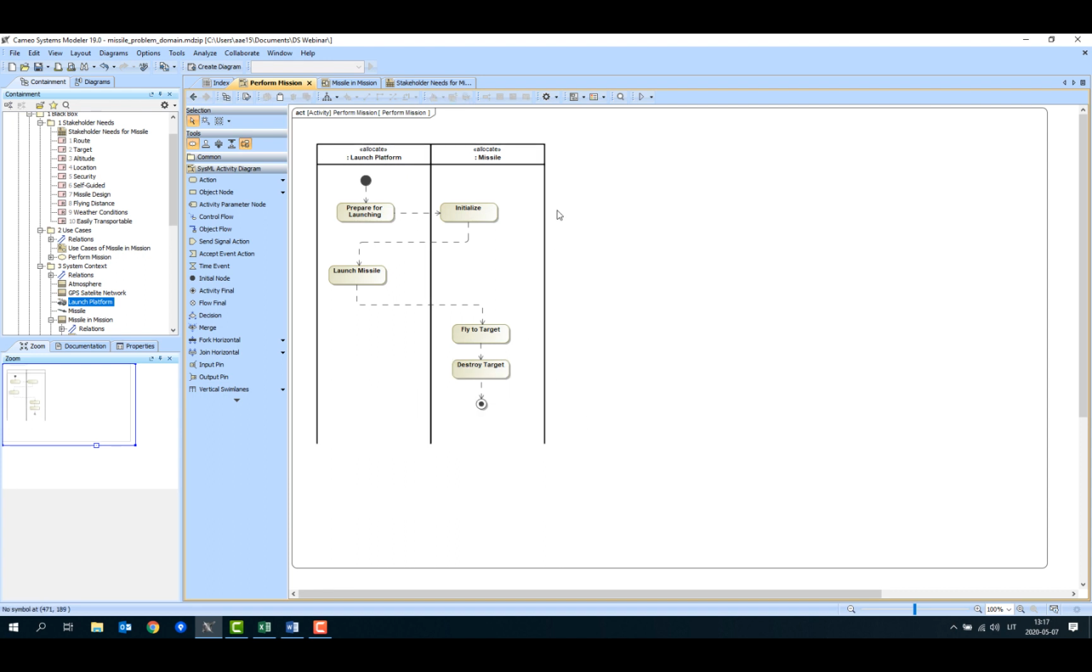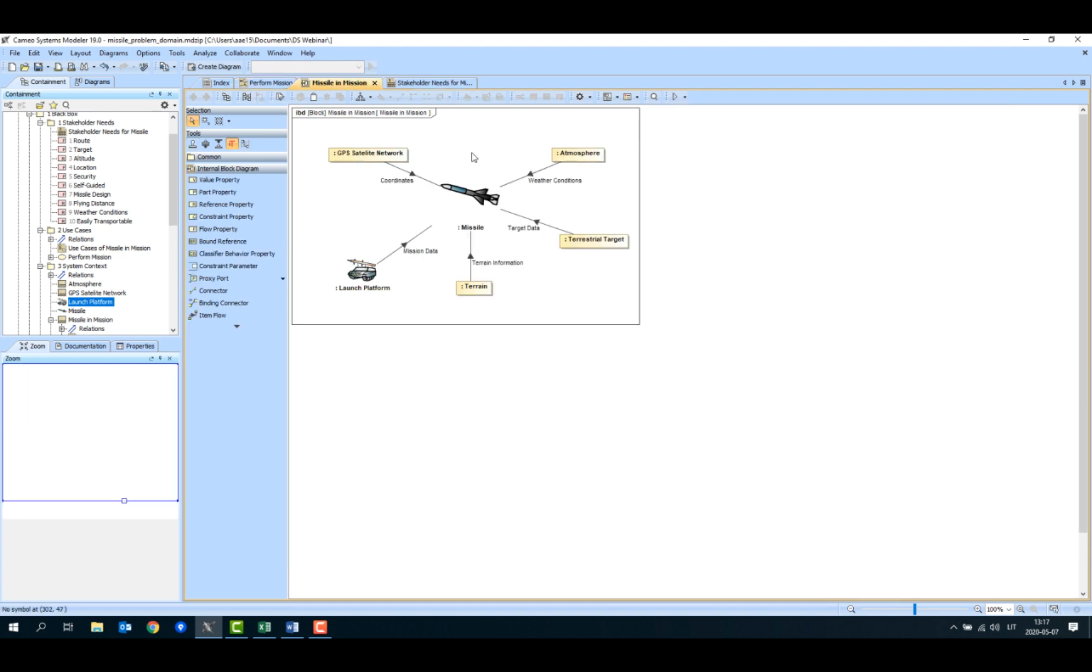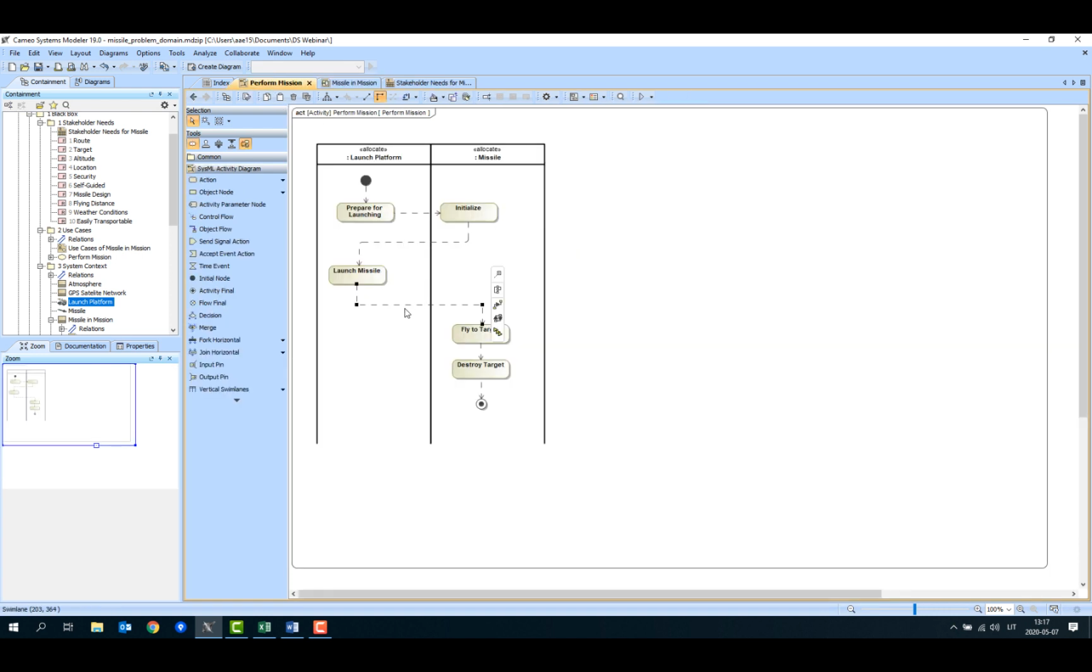Now let's make our diagram more sophisticated. But for this, we need first of all to analyze the missile in mission system context. As you can see, from the launch platform to the missile, the mission data are provided. We need to specify the same information in the use case scenario model. For this, I need to refactor this control flow between the